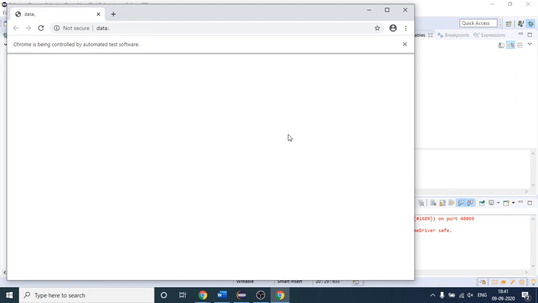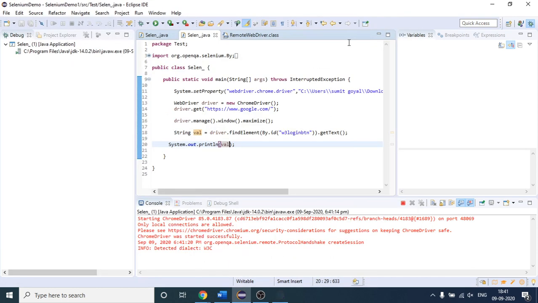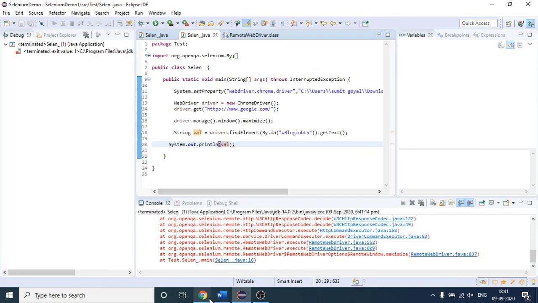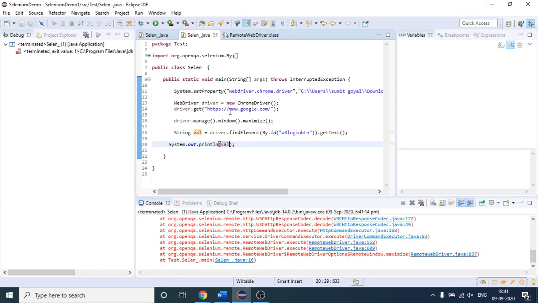It will again maximize the window because we have written the code. Okay, I think I have not opened the correct website, right? Yeah, I forgot to edit. So this is the website we are talking about, not Google this time.